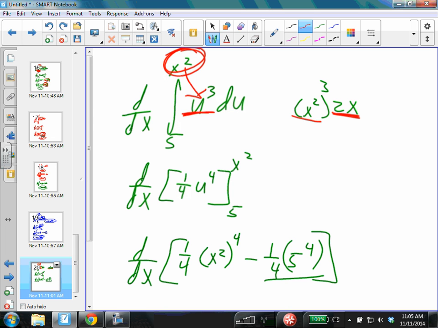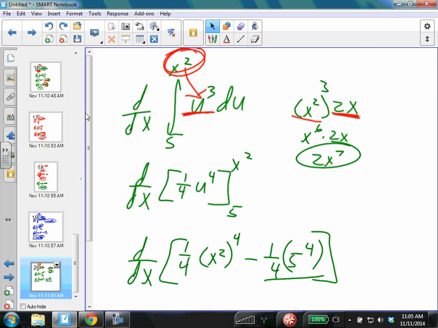And so this is exactly what we would expect, right? This stuff, x squared to the third times 2x. And now if we really wanted to clean this up, what is x squared to the third power? This is x to the sixth times 2x, which is 2x to the 7th, okay? But if I went ahead and wrote it as 2x to the 7th, you would have looked at me like I was crazy and be like, how does that have anything to do with what we have there, right? So that's what we've got. Okay, so we plugged it in and multiplied by its derivative,